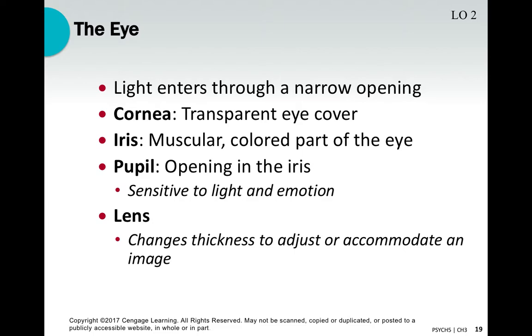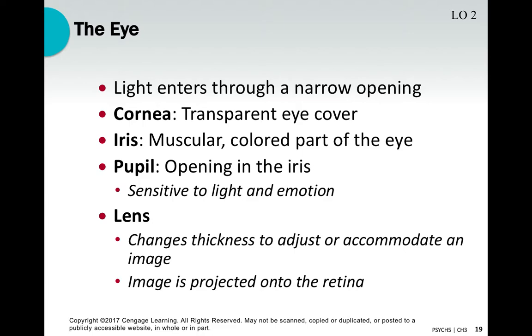And then of course we have the lens, which will change in thickness. It'll adapt, accommodate depending on how close or far you are from things, depending on light, other factors as well. So, as I'm saying this aloud, maybe you're thinking to yourself, wow, the human eye kind of sounds like a camera. Well, yeah, that's an apt metaphor, I think, for thinking about the human eye. It's very similar to a camera. There are a lot of moving parts involved. But the result is seeing images, seeing clearly, ideally clear images when things are working right.